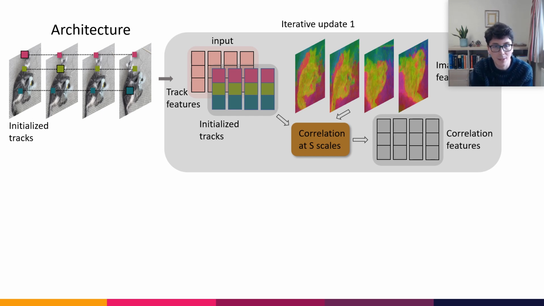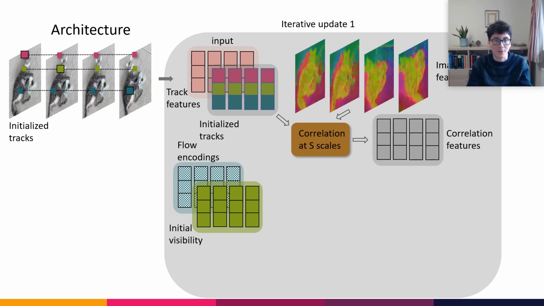And similar to how people deal with optical flow, the trick to make tracking generalized to real data is to let the model look at correlations of features, where you're basically comparing the track features that you have computed to their new locations in the other frames, and you compute the correlation. And this way, if your domain changes, this might not directly reflect in the correlation features because you're comparing two features, and even if the domain changes, the comparison of the features should still make sense.